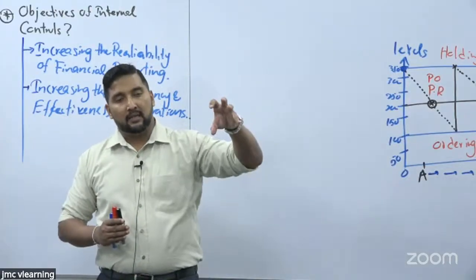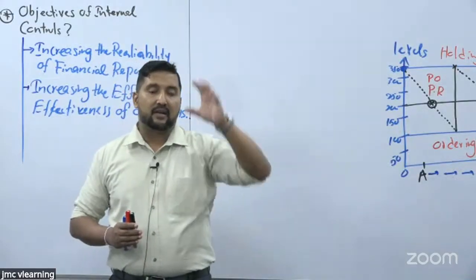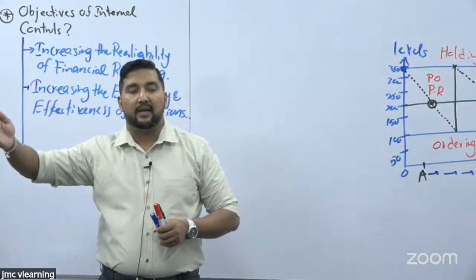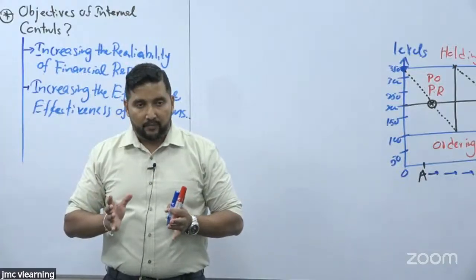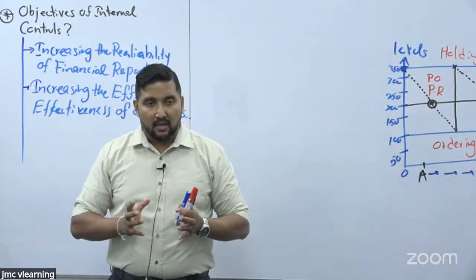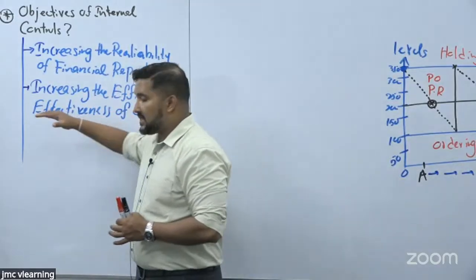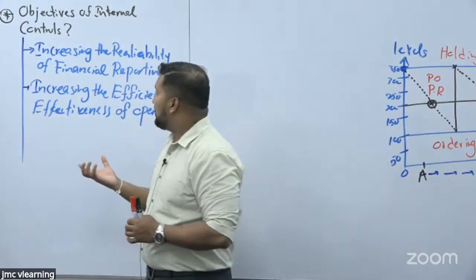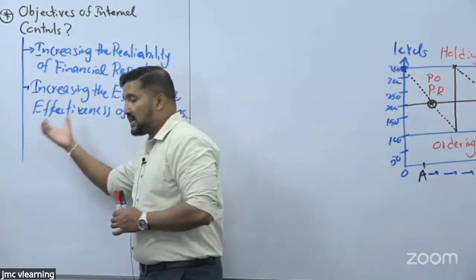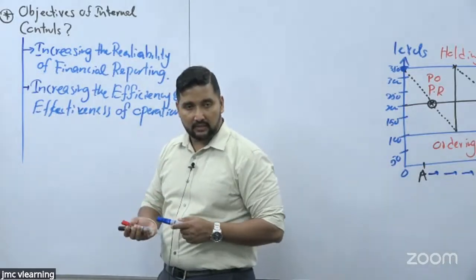For each and every debtor, you need to check the volume of the transaction and decide on a specific credit limit. Then you need to give a credit period as well. Through this control, you can manage your working capital and your debtors, which has a direct impact on the efficiency and effectiveness of what? Efficiency and effectiveness of operations. So the second objective of a business organization implementing internal control is to increase efficiency and effectiveness. Okay, are we clear on the second objective? Any questions?